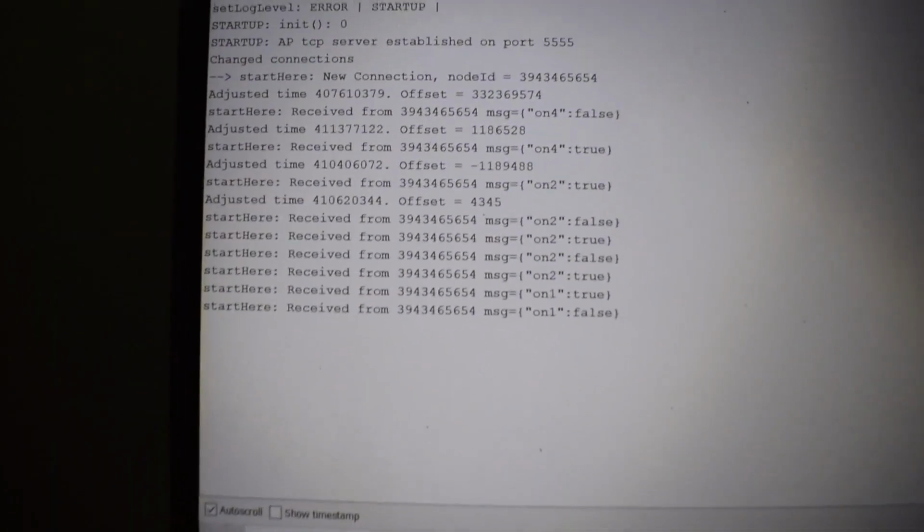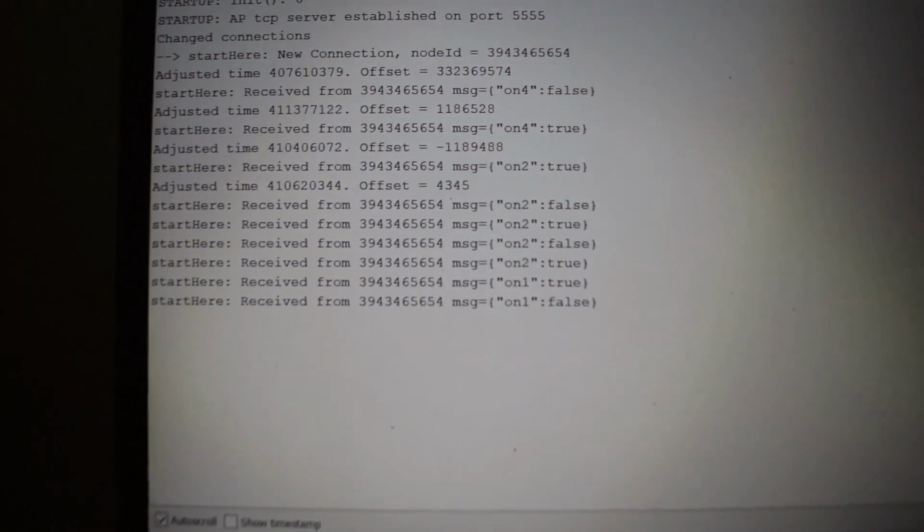So now you can see the relays are working. Now let's see on the serial monitor what happens.